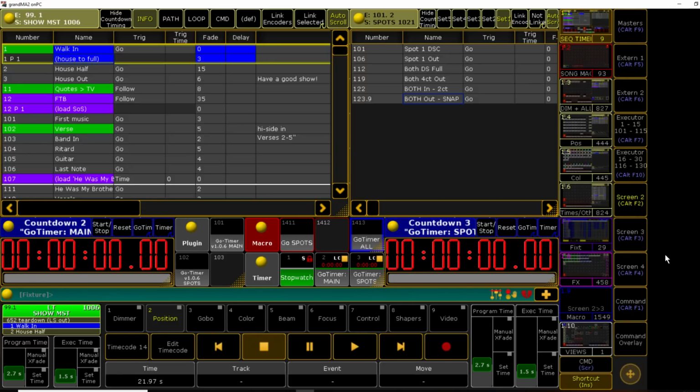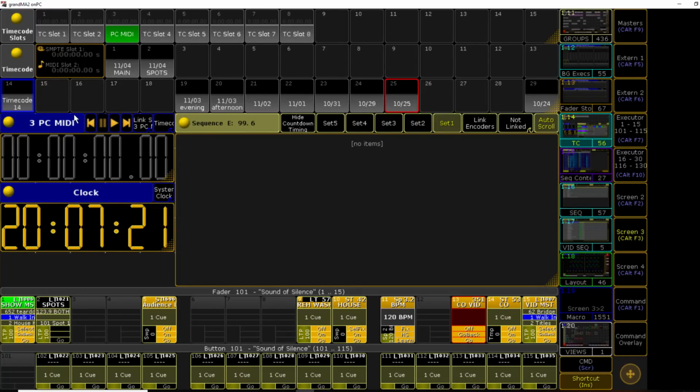For the last tour I was on, knowing that I was going to have to take off at some point on pretty short notice, and didn't want to leave a fill-in LD trying to learn 30 songs in a day's time. So basically, every night I would go in and I would do a timecode recording of my show,